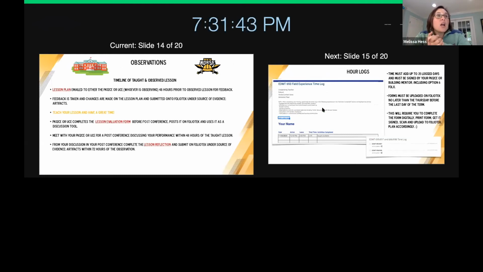So for your observations, this timeline is a lot like what's been done in the past, but I want to go over it again because I don't want us to get behind and to get stressed. Your lesson plan is going to be emailed to either your PK-12 CE or UCE, whoever's observing you, or both, within 48 hours before your observed lesson for feedback.